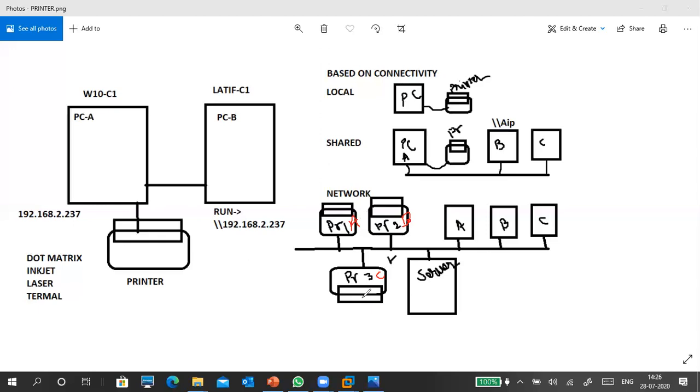We can share it. But the problem is we have to tell everybody: this particular group of people should use printer one, this group printer two, this group printer three, like that. So we can't give every single printer to everybody, right? That is again administrative work, and configuring the printers individually is difficult.